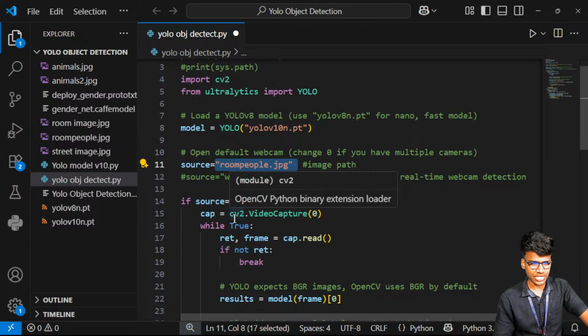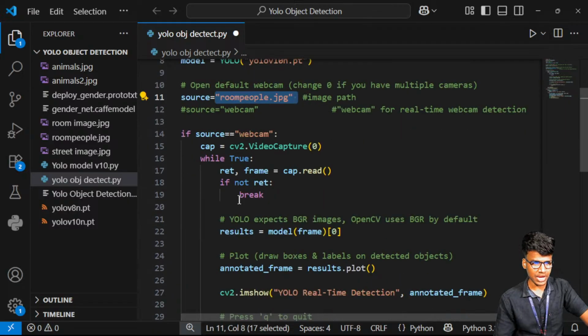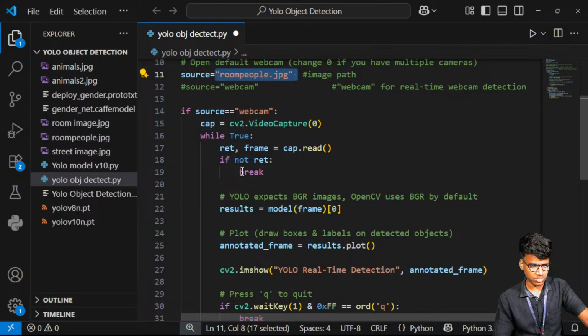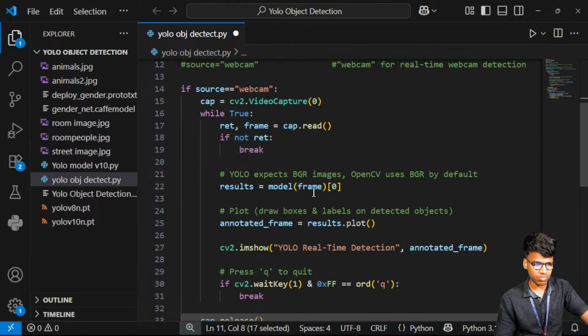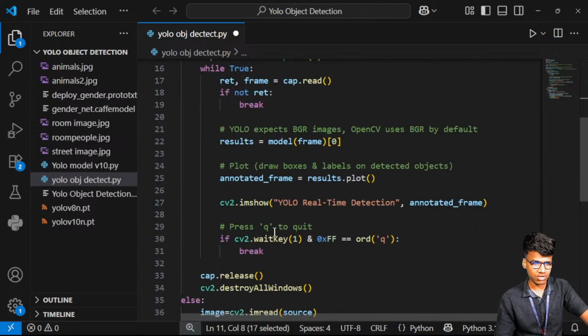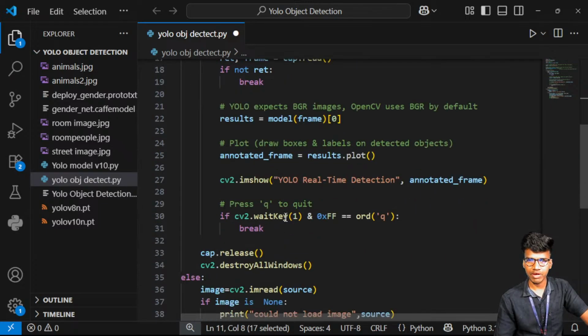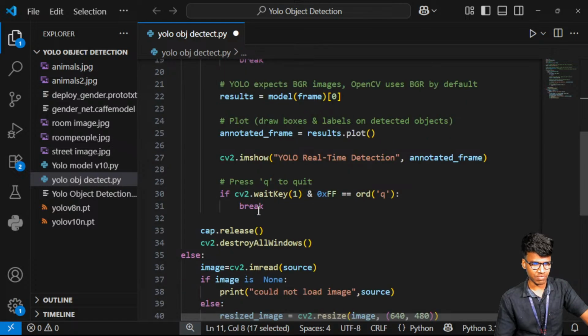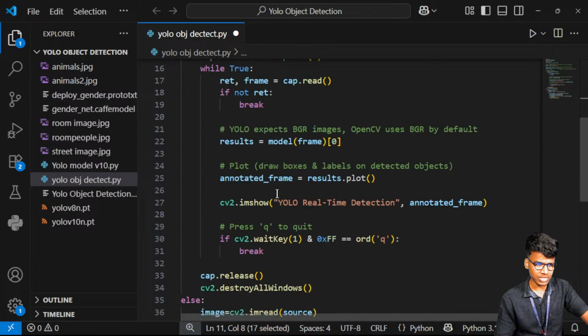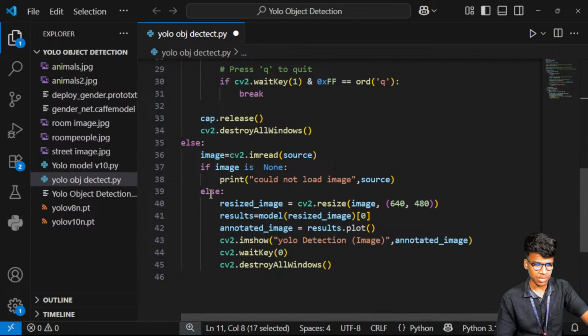Next thing, it is the initializing process. If it is a webcam, it goes with that in this process. So read the real-time camera with the help of reading the frame, and execute the frame to check the model, what frames are there, and how long the frame has to be held, that kind of thing. In case it's an image, it automatically goes with the else process. Here the image will be read.